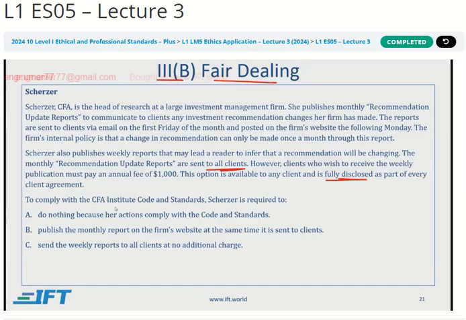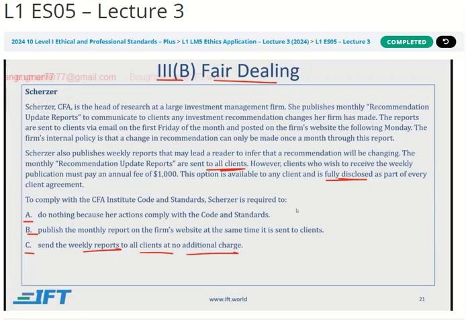To comply with the CFA Institute Code and Standards, Scherzer is required to A. do nothing because her actions comply with the code and standards, B. publish the monthly report on the firm's website at the same time it is sent to clients, and C.